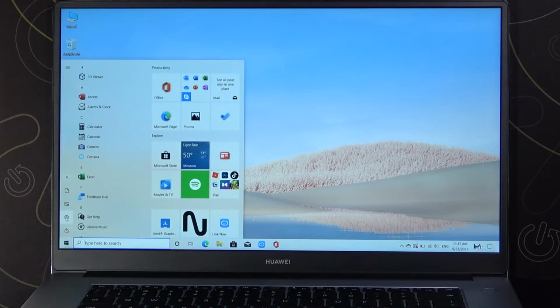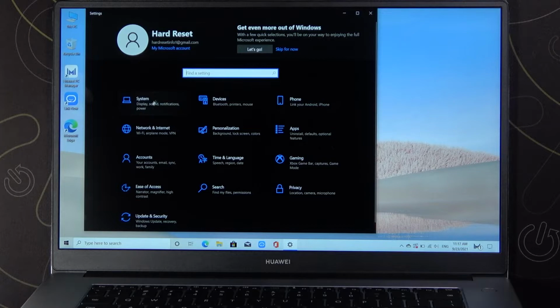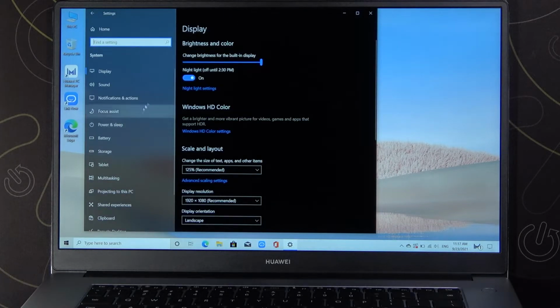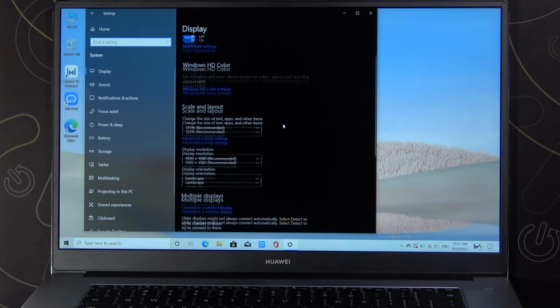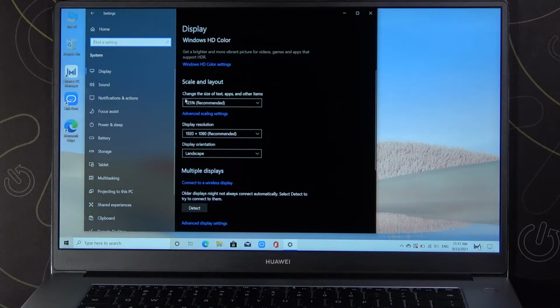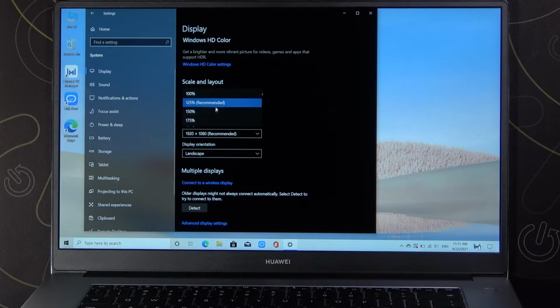So at first we have to go for the settings, next open the system settings, and when you are here we have to scroll down a little bit and focus on this option. Here we can change the size of the text, apps and other items. So click here, currently it's up on 125%. It's recommended, but if you want to increase or decrease scale, you can go for the 100% for example,